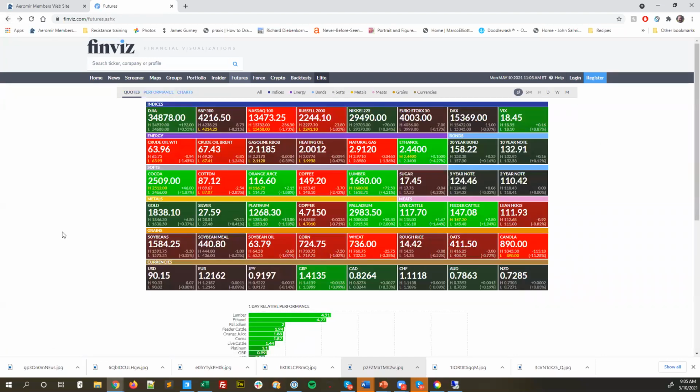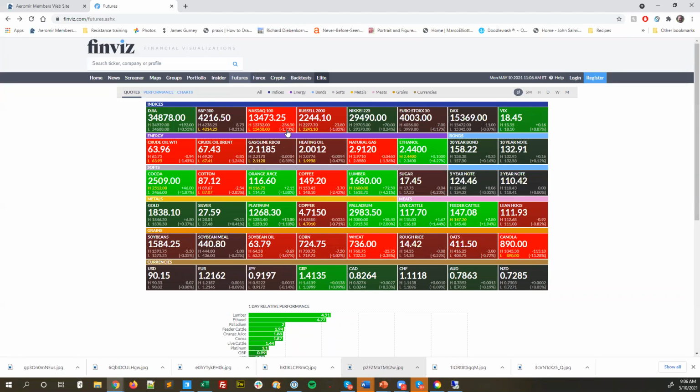So if you want, I take a mini snapshot of some of these for the member homepage, but this is really great, especially in the middle of the night. You want to see how things are doing without having to open any trading software. Just go to this futures page and it'll give you a quick idea of what's going on.